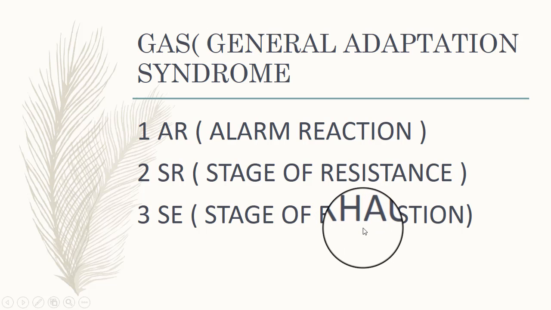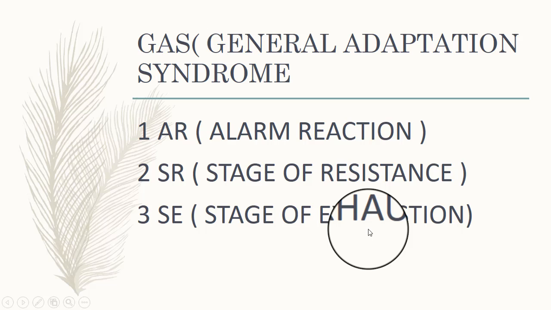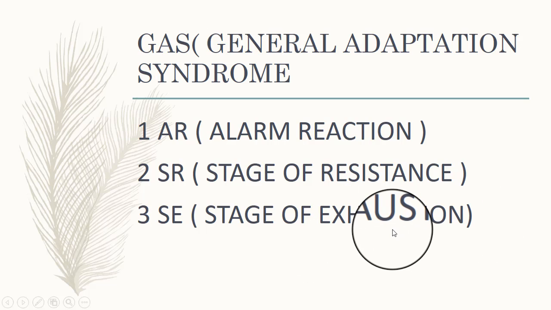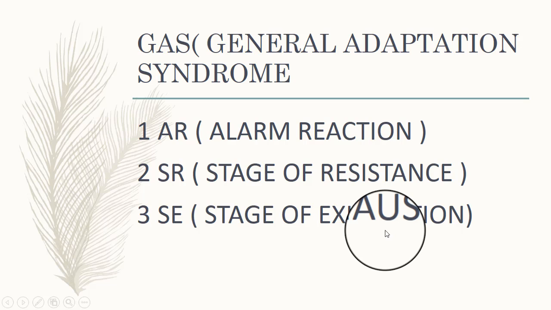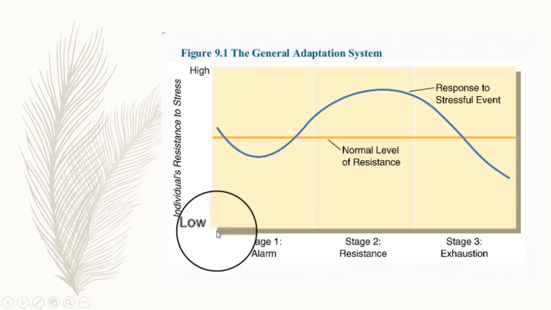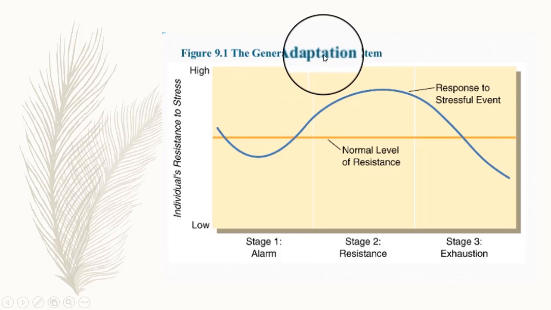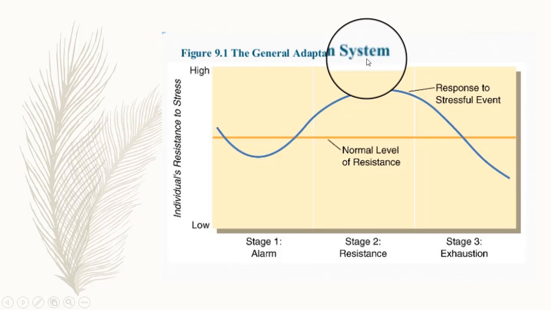Now, what are the changes in the body? Chronic sadness or depression, chronic mental and physical fatigue, chronic stress-related illnesses like headache, stomach ache, bowel problems, etc. Next, isolation, withdrawal, self-destructive thoughts. So this was all about the general adaptation syndrome that is called GAS. Now next, as you can see here, the graph we have provided. Through this graph it is very clear.